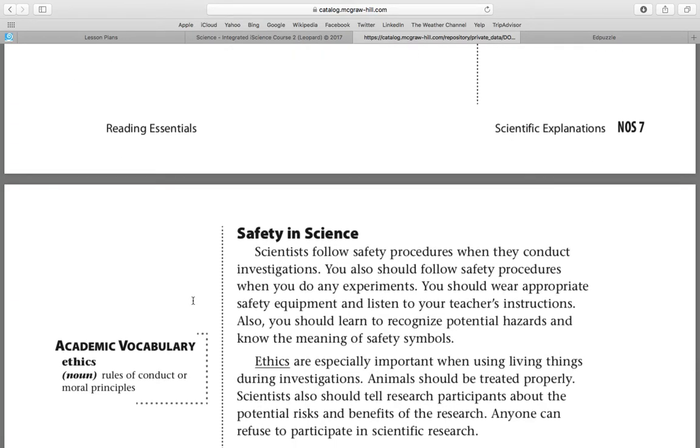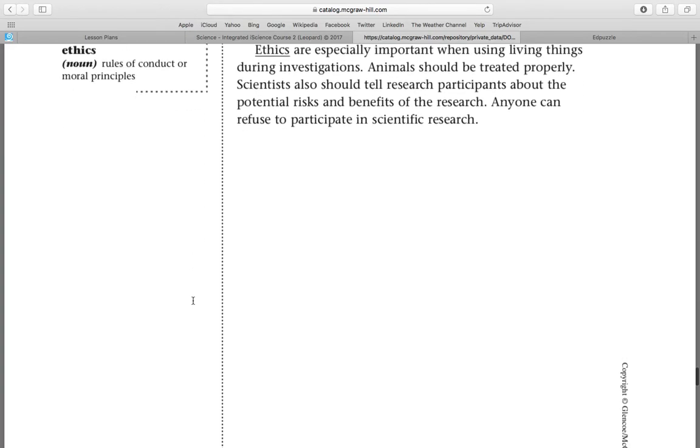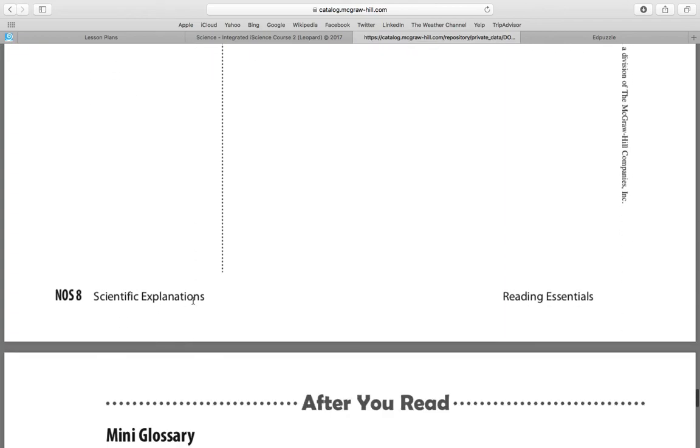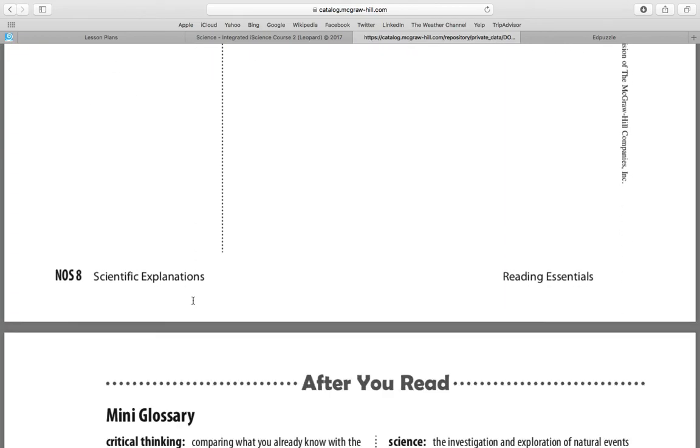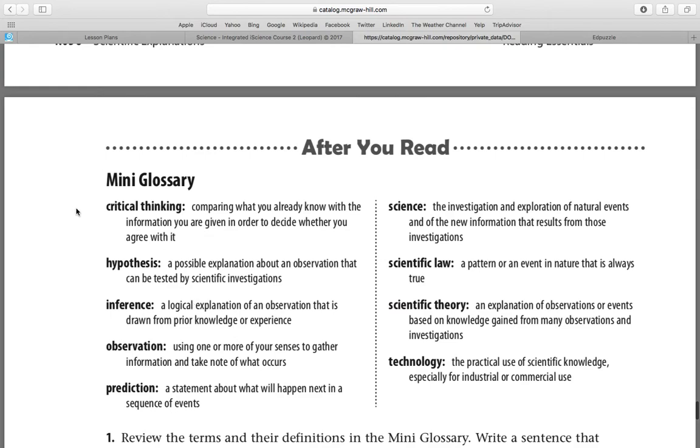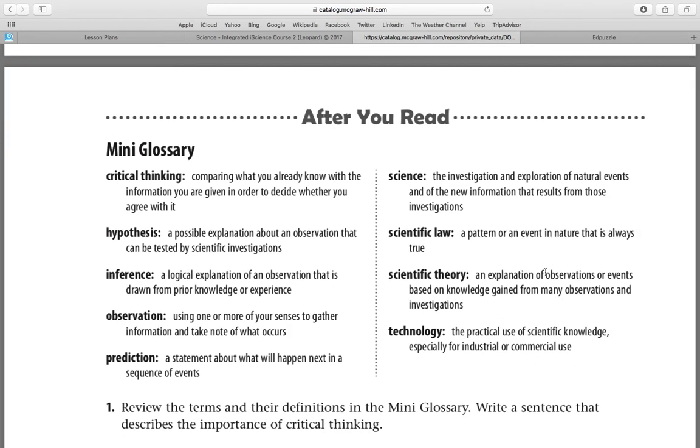All right, so that's questions 1 through 14. That was all of lesson 1. It was a very long lesson, and we're still working on it. So here are your vocabulary words. It's a mini glossary. You do need to know these for the test. And you will have a quiz over lesson 1, I believe, in Google Classroom. If not, I will go back and change that, and you will see what you're supposed to do.